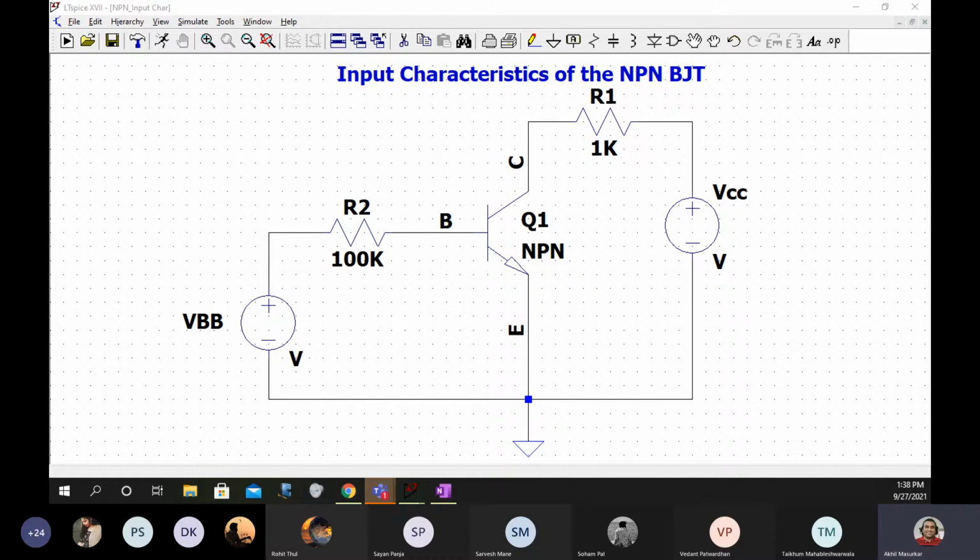Yes, Sayan, it's correct. Again I am saying that BJT characteristics is simple, but see how we plot the characteristics. When I said input characteristics, your output voltages should remain constant. They should not change.